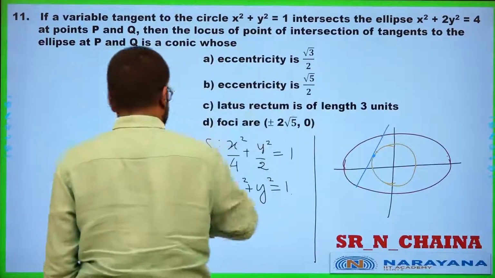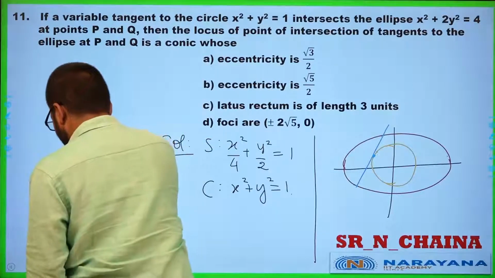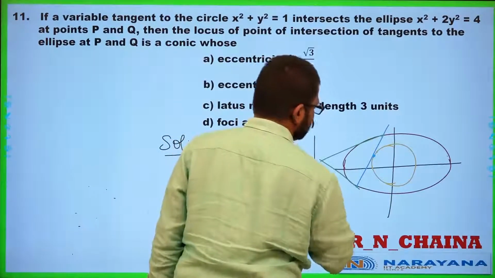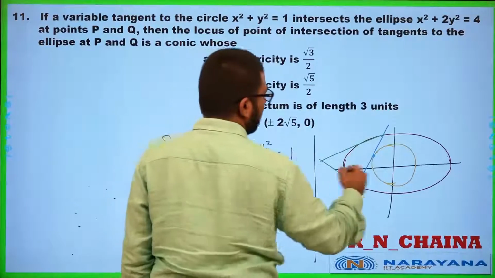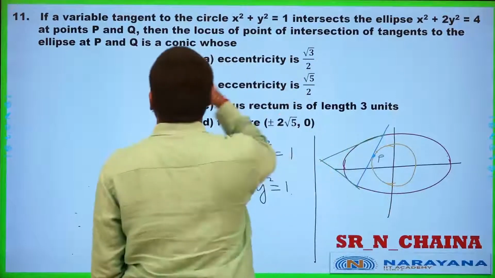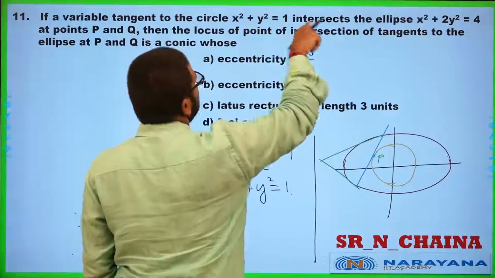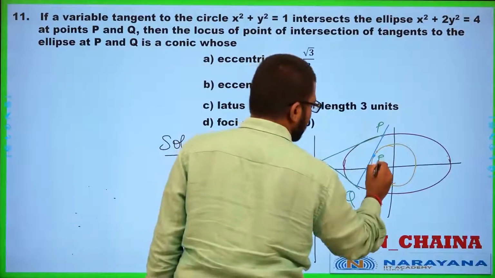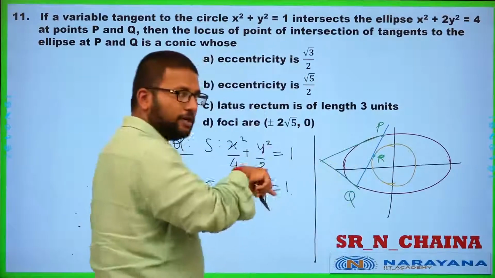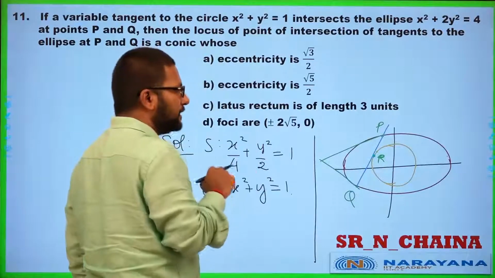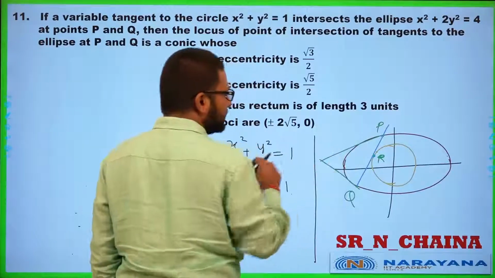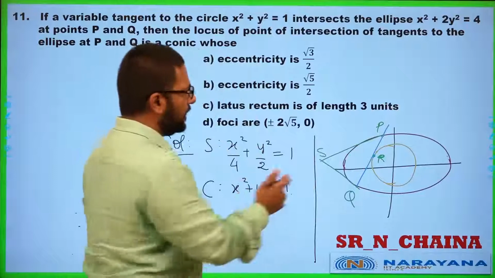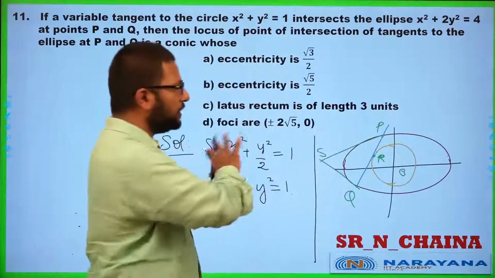Point of intersection of tangents. So draw these tangents at points P and Q. So these are the points P and Q. Let us call this point R, the point on the circle from where the tangent meets the circle, and then the point of intersection of tangents at P and Q to be S, right? I am going to assume that we already know all these points, right?